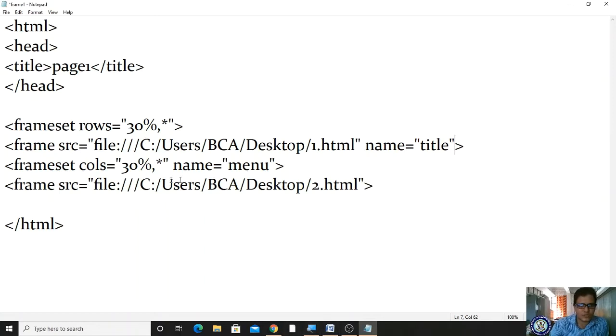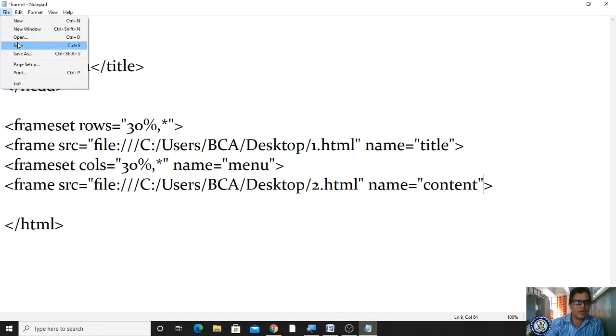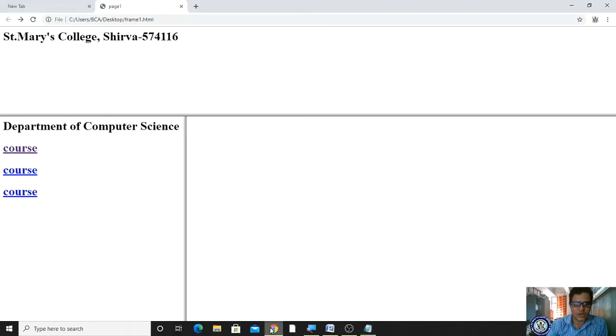Okay, for the second one I am mentioning menu, and for the third one what I am specifying is name equal to content. So now what is my aim? If I save and open this frame1.html, whenever I click this menu, it should be opened in the content part. Where does it have to open?